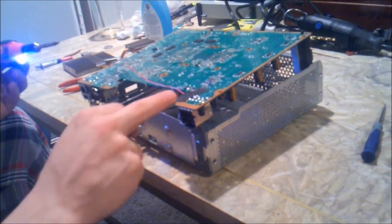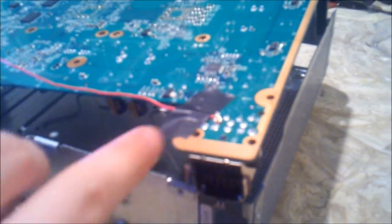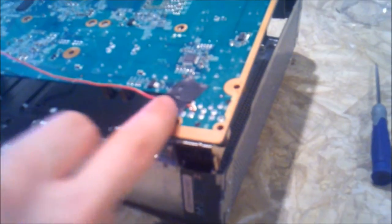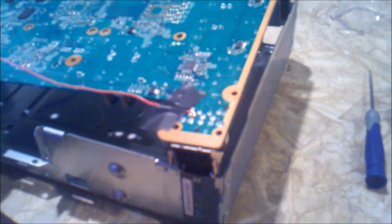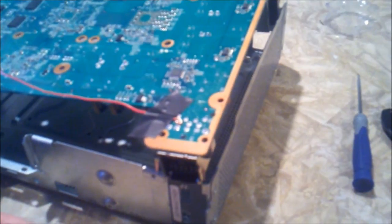Alright, here now we have, let me get a little closer, we have the board upside down. What we did was we taped our wire. This is the power cord side where the power cord goes in. This top layer here is all ground. The middle three are your 12 volt power source, which is what we're going to run our 12 volt fan off of. I know some of you are thinking, oh, well, I can go off the cord for the